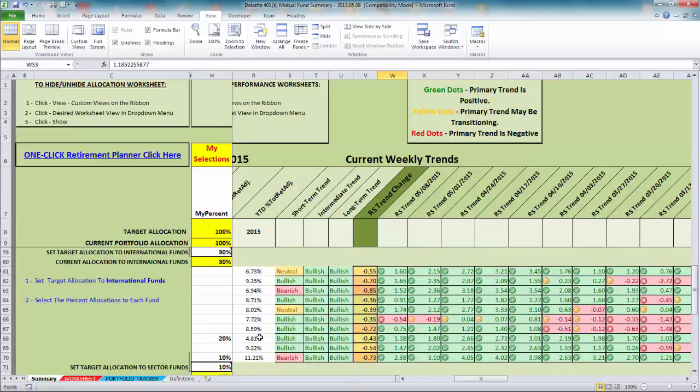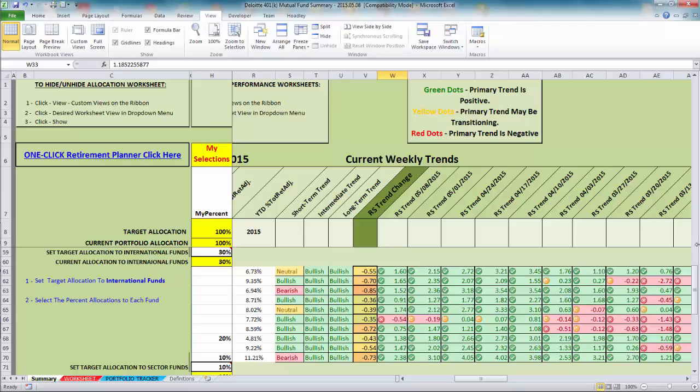Here we're seeing that we have a 20% allocation. The return for the year has been 4.81. We've got 3 green lights and a green light to the right, so nothing to do on this one. And our last fund, we have a 10% allocation. It's up 11.21% for the year. It's showing a little bit of weakness in the short term, but the intermediate and long term are still intact. So again, there's nothing to do, especially since we see that the green lights are still showing to the right